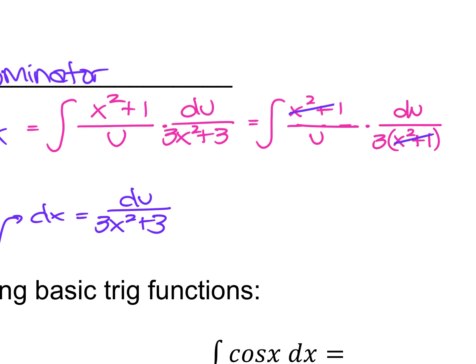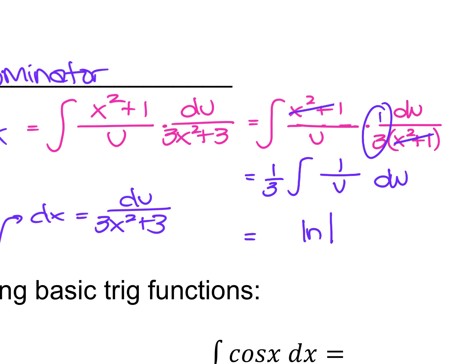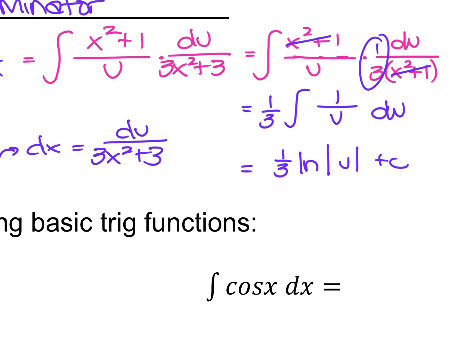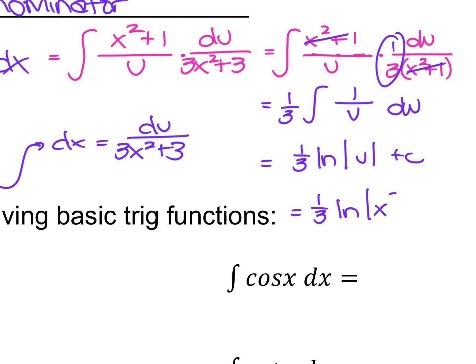So then really, I'm going to take this 3, which is like a 1/3 here, and I'm going to pull it out to the front, which is what you would have seen if we manipulated it anyway. So now I've got 1 over u du with a 1/3 out front. So just like we talked about, the integral of 1 over u is now the ln of the absolute value of u. We keep that 1/3 out, plus c. And then, as always with u's, we substitute back in what our u was, which is 1/3 ln of, our u was x cubed, excuse me, going back over here, x cubed plus 3x. So the answer,